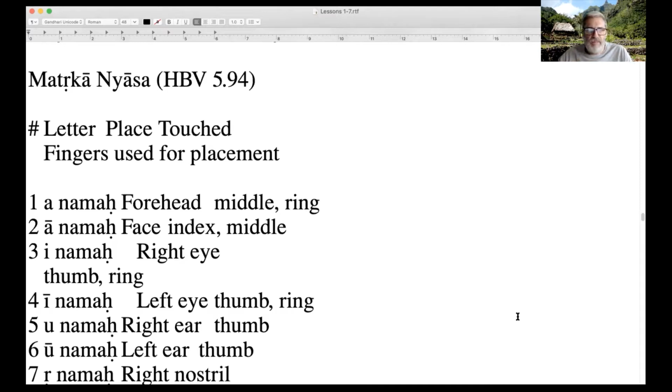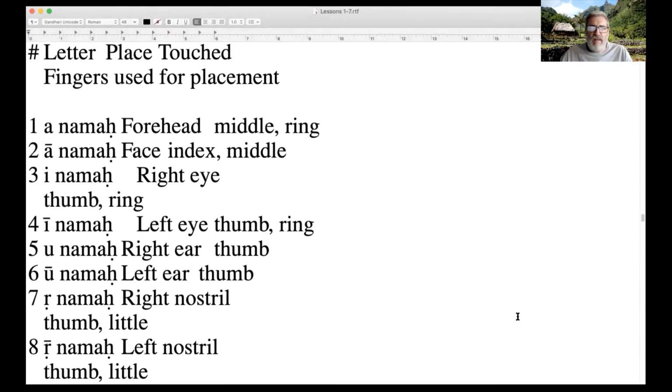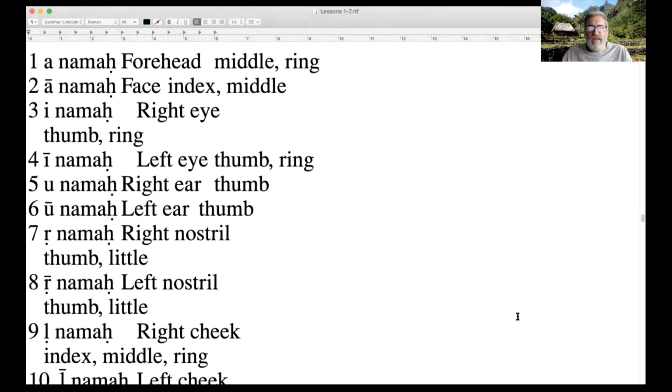Namaha, touch the forehead with the middle and ring finger of the right hand. Namaha, touch the face with the index and middle finger of the right hand. Namaha, touch the right eye with the thumb and ring finger of the right hand.